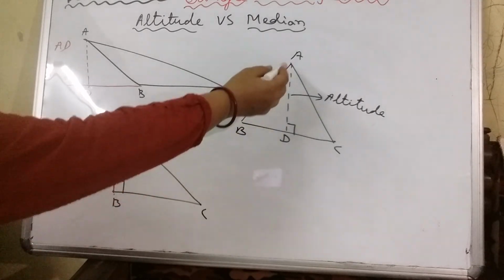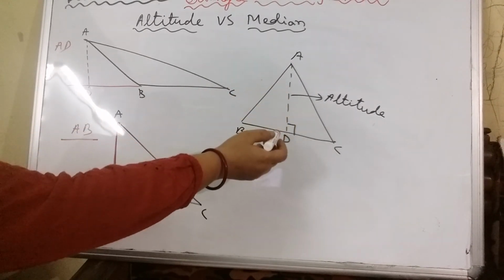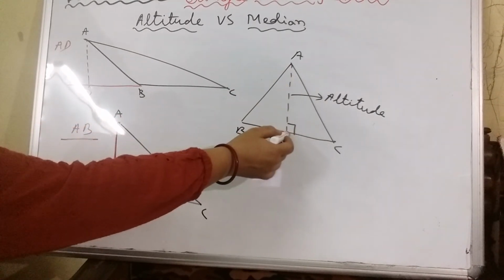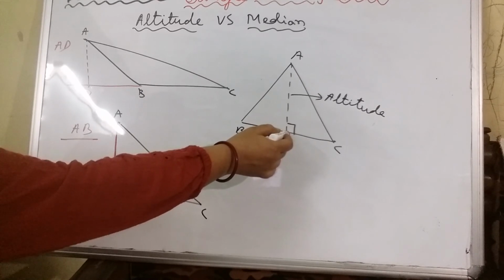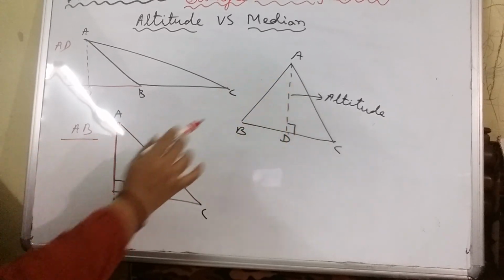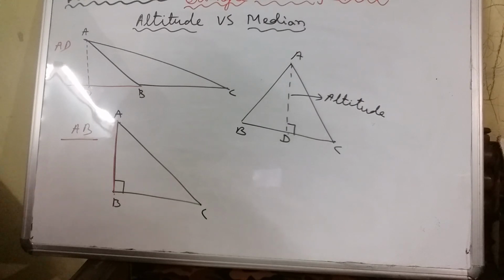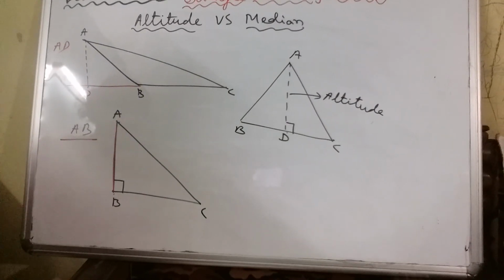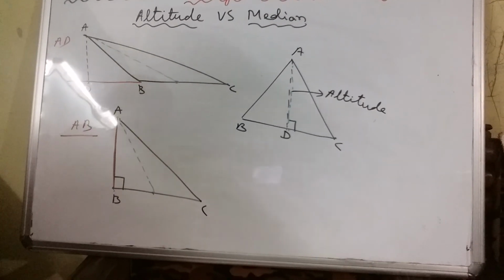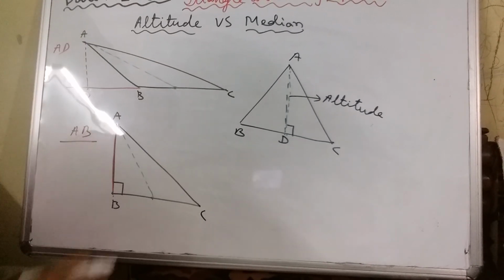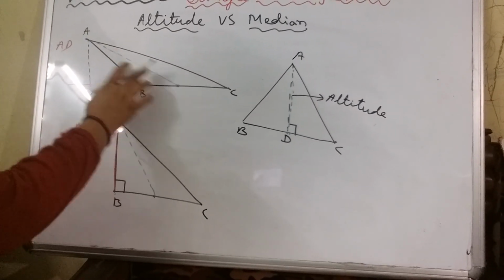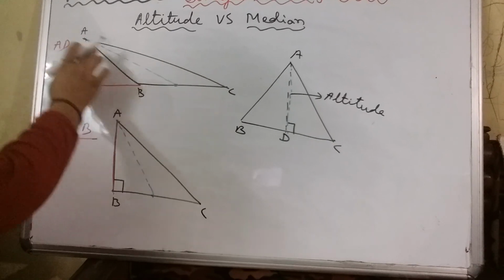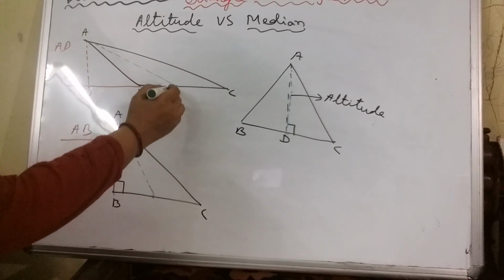Now when it is an acute angle triangle, the altitude is inside the triangle. Now if we draw this median, that median is the line segment that joins this midpoint and this vertex. So here that